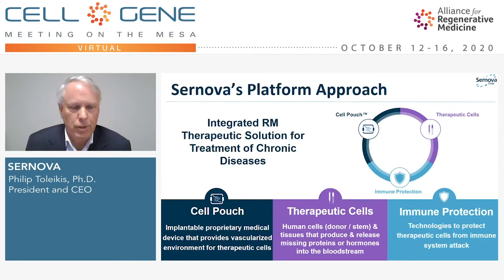Sernova's approach takes three types of applications here. So first, we've developed what we call the cell pouch, and the cell pouch technology is highly scalable. And this is an implantable device that is about the size of a business card that fits deep under the skin. And the approach that we're taking is that the cell pouch itself is used to create the organ-like environment